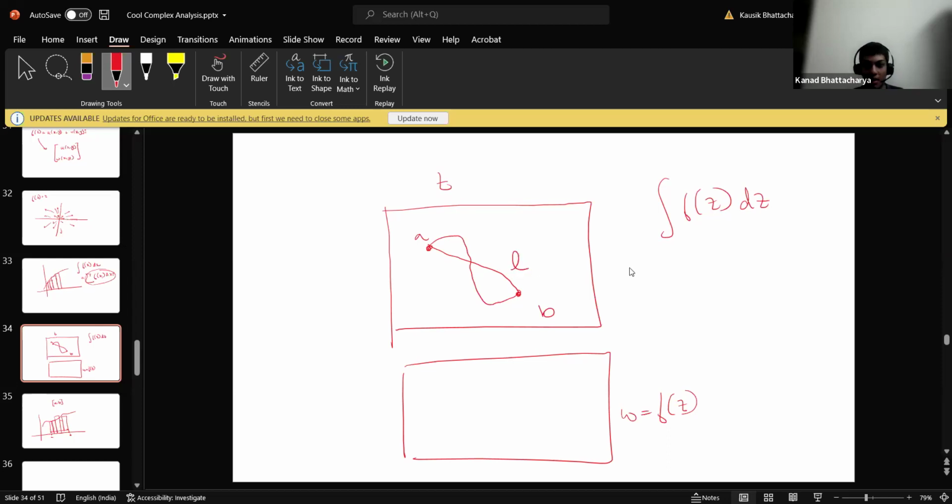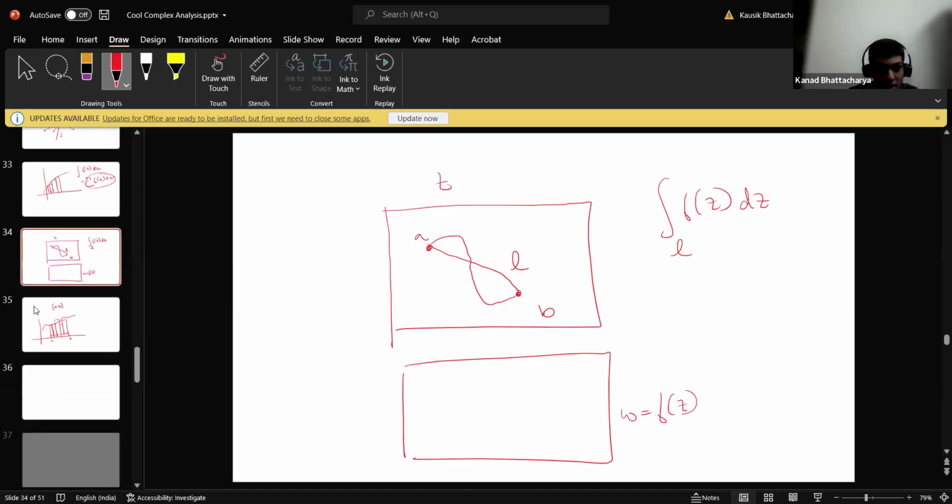Let's call this loop L. So we are taking it over a loop. So that's the first thing. And how do we really define taking the integral of a function over a loop? Well, we try to rephrase it in the case of real numbers, basically. So what we do is that,